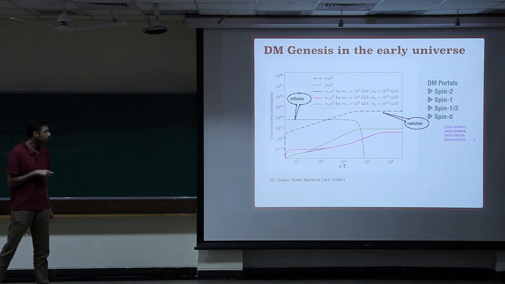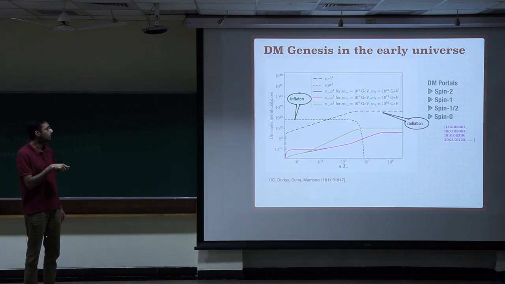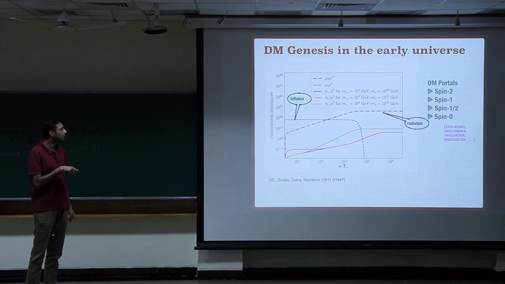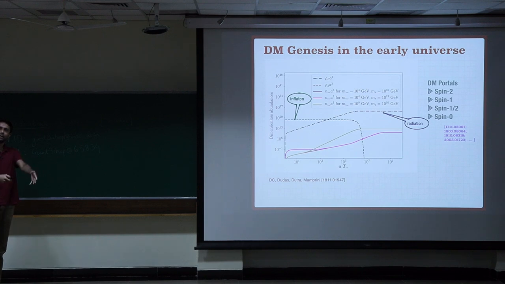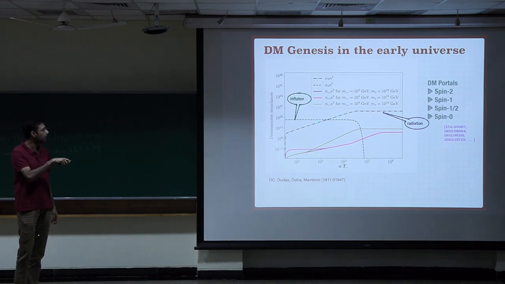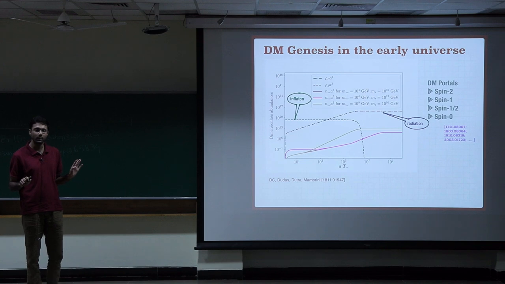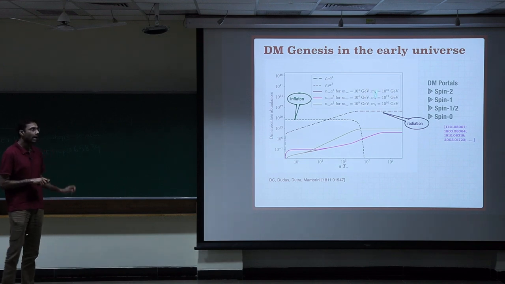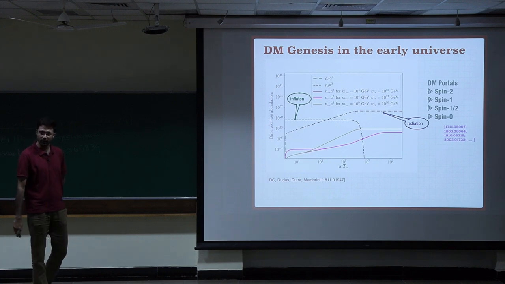Now at the same time, if there is some relic dark matter particle, depending on various parameters, maybe the mass, in this case a scalar mediator, the dark matter can also get produced via the 2-to-2 interaction. So the radiation which is being generated from the decay of inflaton also produces dark matter on the way. So this is a very basic picture of dark matter production, and in this particular case, it was basically a freezing type of dark matter.